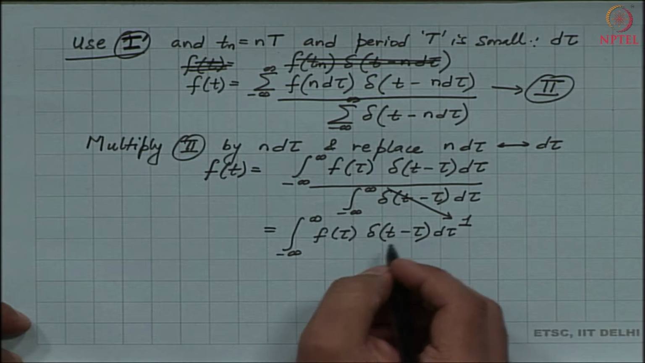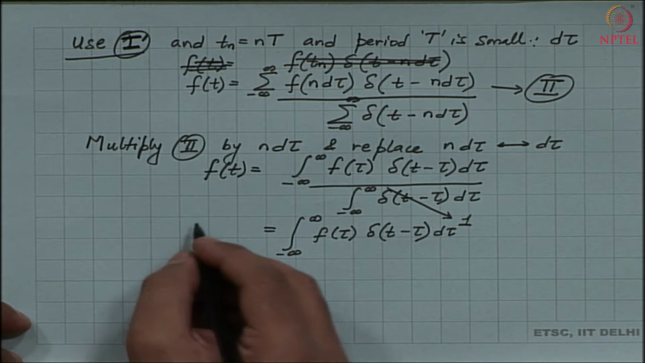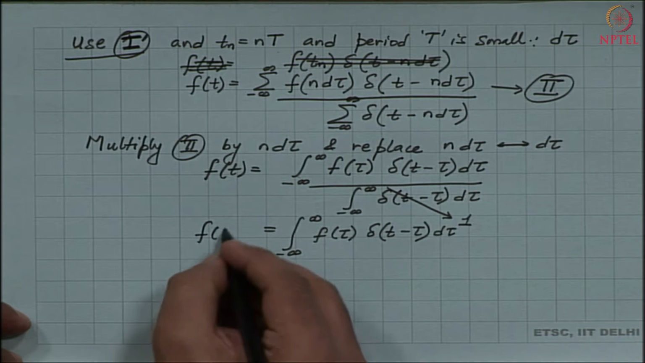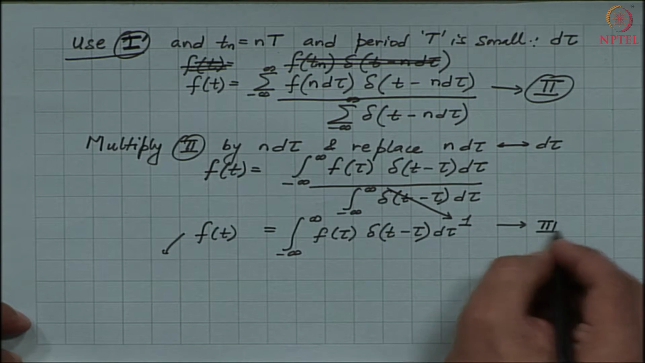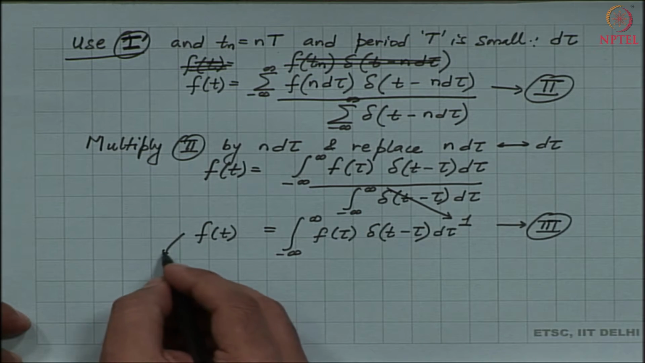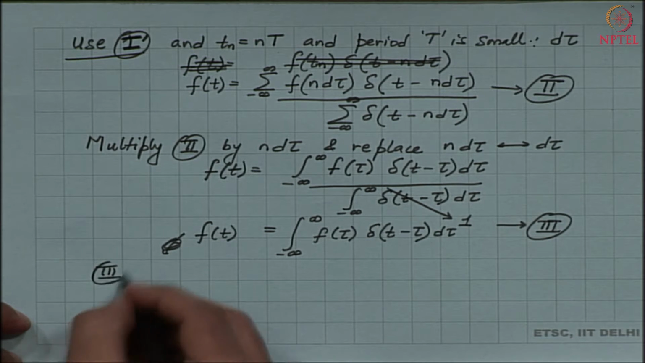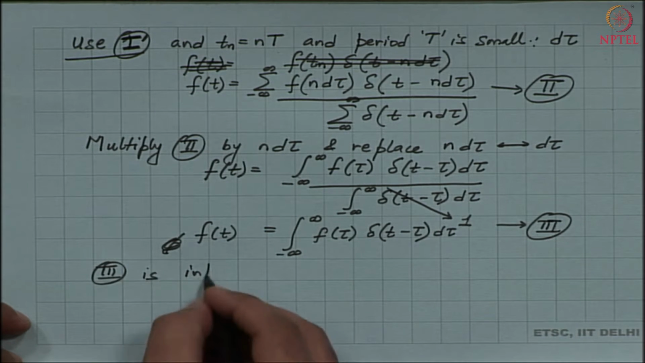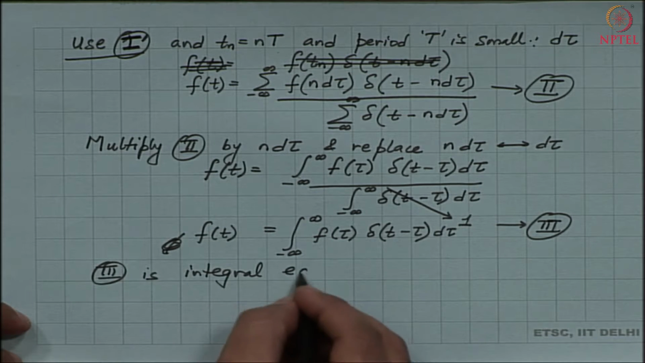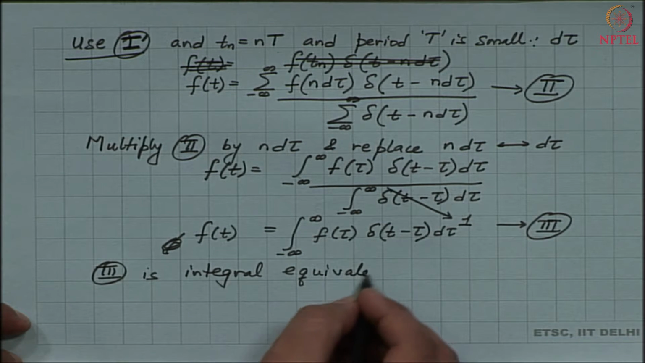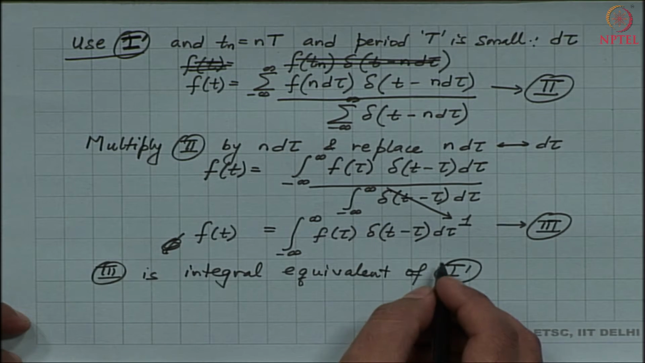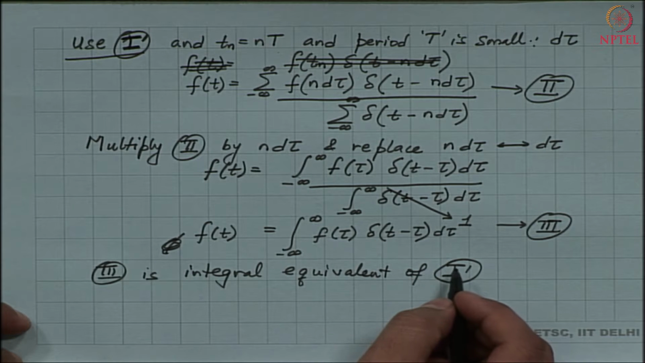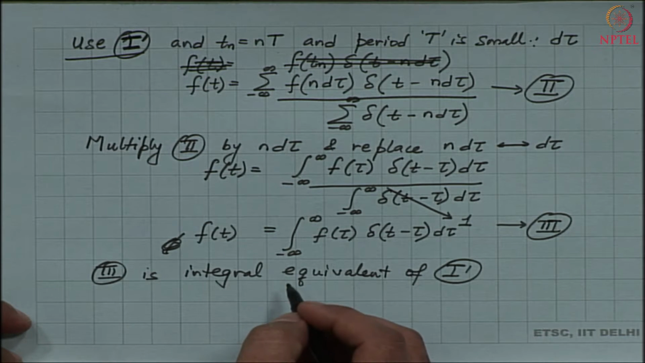Okay. So, this particular representation of f of t, let me call this expression 3. So, 3 is the integral equivalent of 1 prime. That 1 prime was the discrete case and 3 is the integral equivalent. So, then we see that,